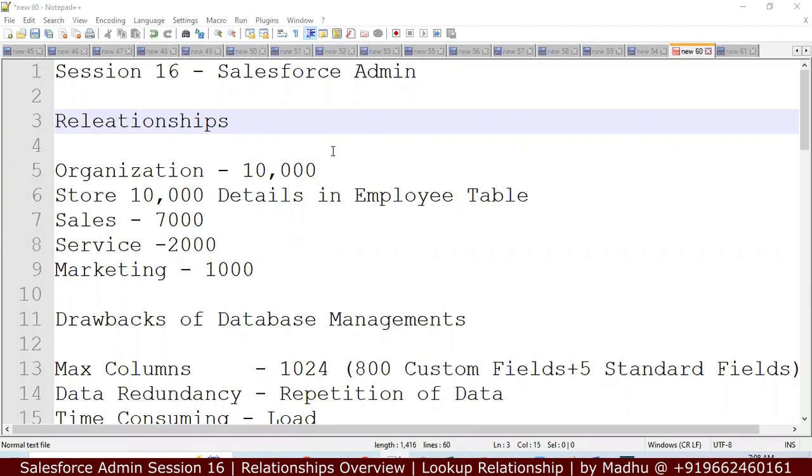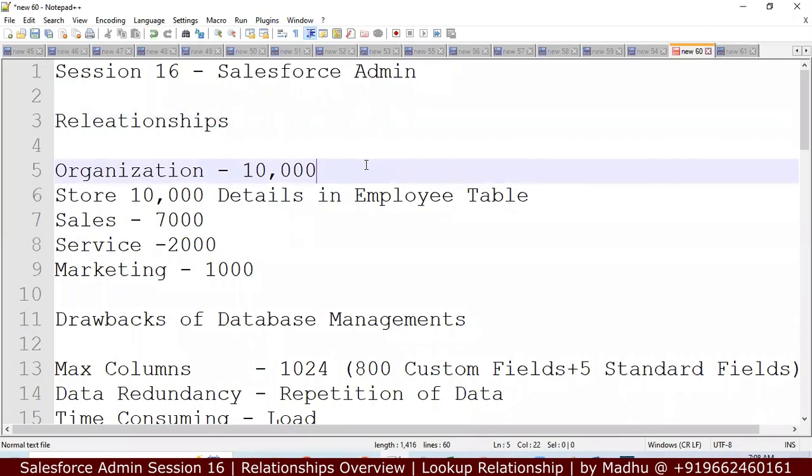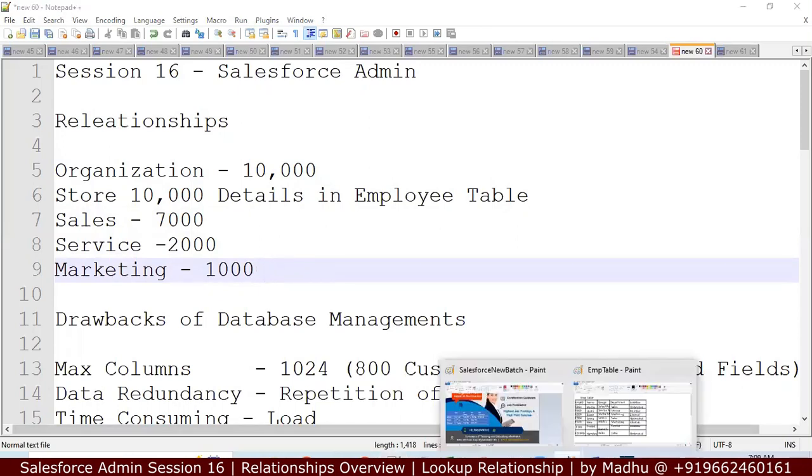For example, if you take any organization, if there are 10,000 employees, we have to store 10,000 employee details in a table in the database. If in the sales department 7,000 employees are working, in service 2,000 employees, and in marketing 1,000 employees are working. Let us assume these figures. So, in such a case,